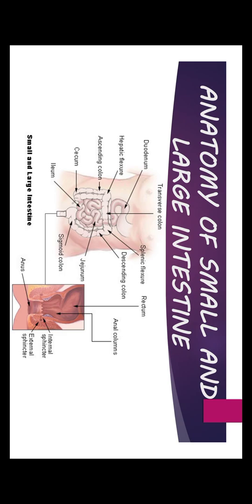Anatomy of small and large intestine. As we all know, intestines are part of the digestive system and the alimentary canal. The alimentary canal is 7.5 centimeter in length. It is also called the gastrointestinal tract or GIT. The main function of the organs of the alimentary canal is to provide nutrition to the body. The mouth, esophagus, stomach, and intestines are part of the gastrointestinal tract, but we will talk about the intestines part of the gastrointestinal tract. So, first one is the small intestine.